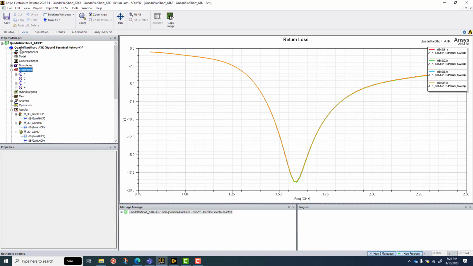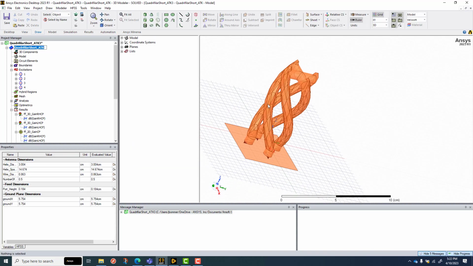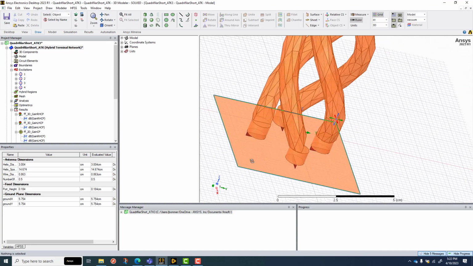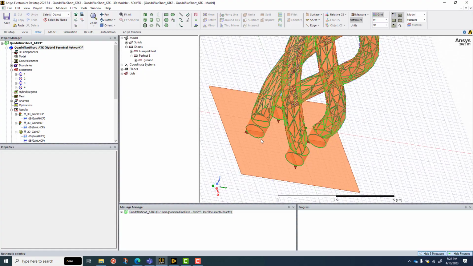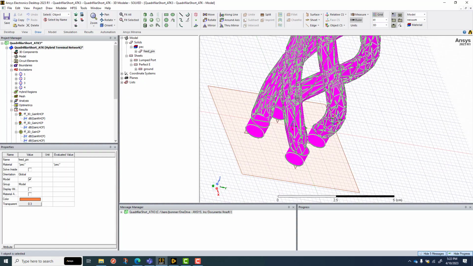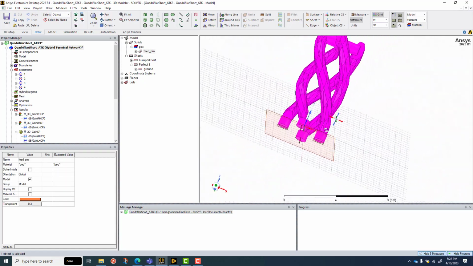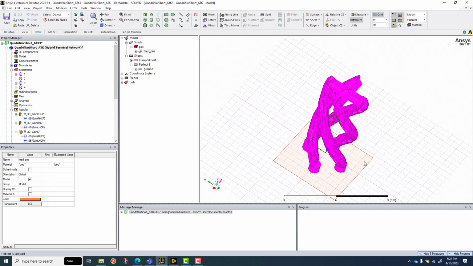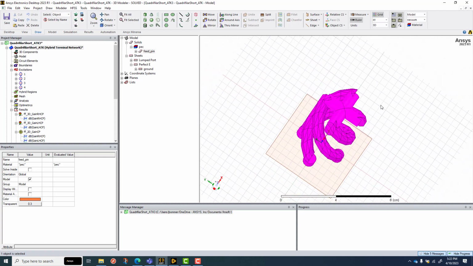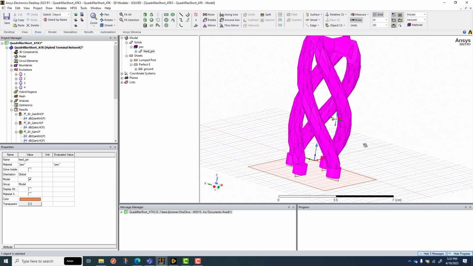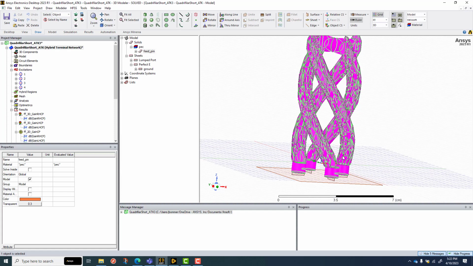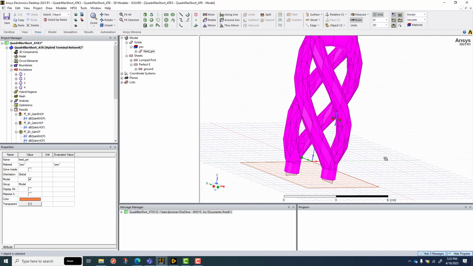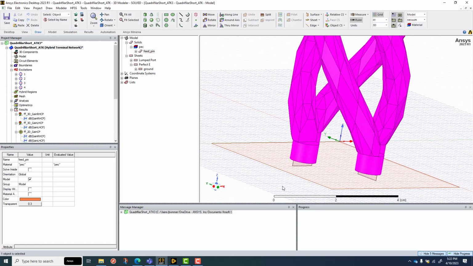Now, if I go back to my model here, you can get a better feel for where these are. This is what we would refer to as a ground plane, and that's where it gets its name. And then, of course, these are the elements themselves, and these are nothing more than helix coils that are connected to each other at the top. And there's a really good reason for doing this. I'll refer you to a second YouTube video that was done by an amateur antenna designer that does a really good explanation of how these things work, or at least how to build them,